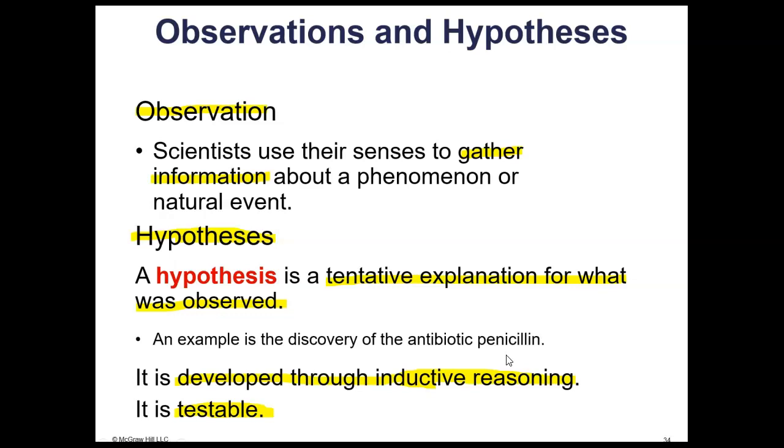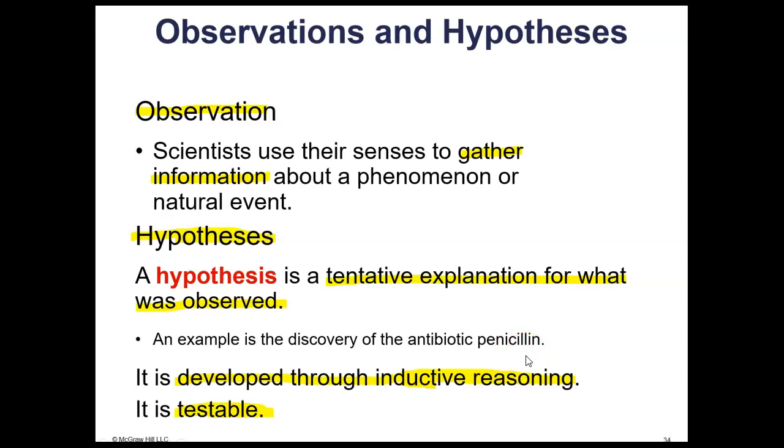So the petri dish with no fungus on it would have been the control, and then the petri dish that has fungus on it would have been the experimental group. So what we would have been looking for is no growth on the petri dish that contained the penicillium. And that's what they found. They found that if the petri dish had that fungus on it, bacteria wouldn't grow on it.